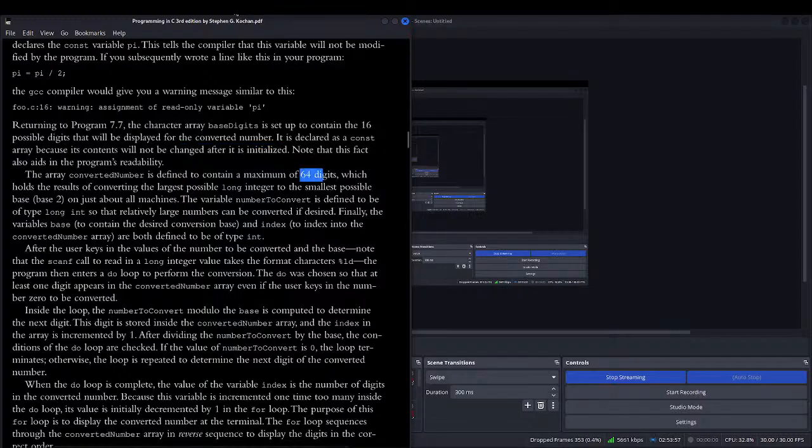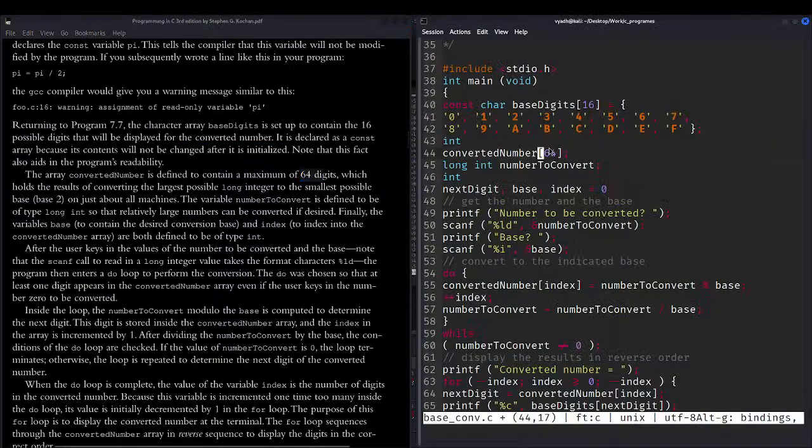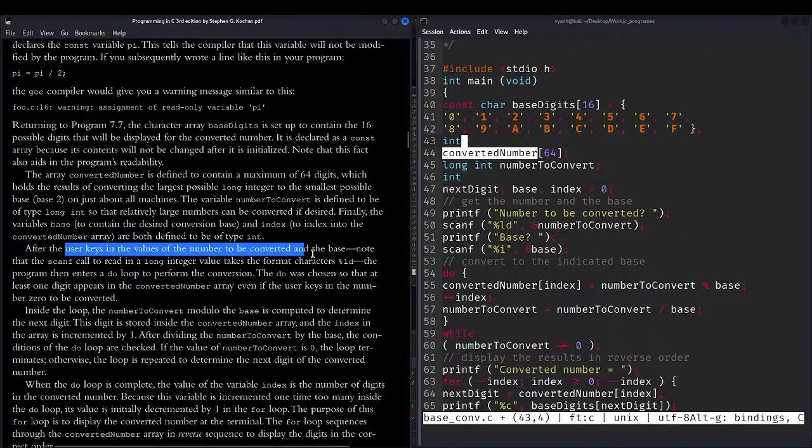So we have specified 64 digits in the program because it's a long int. The desired conversion base and the index into the converted number array are both defined to be of type int. After the user keys in the value of the number to be converted and the base,